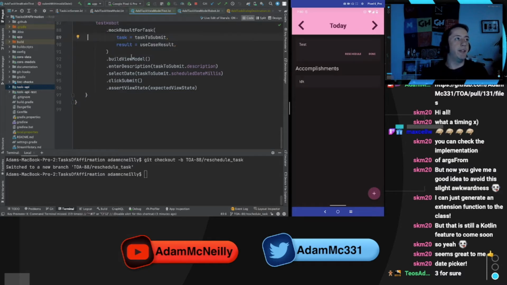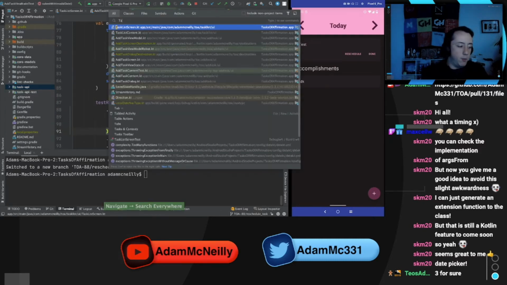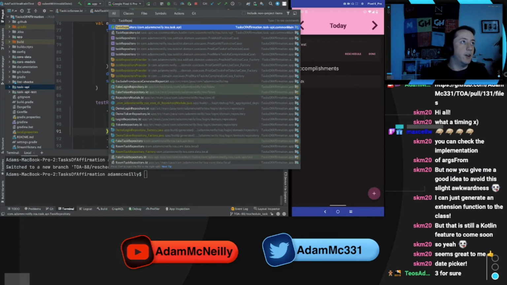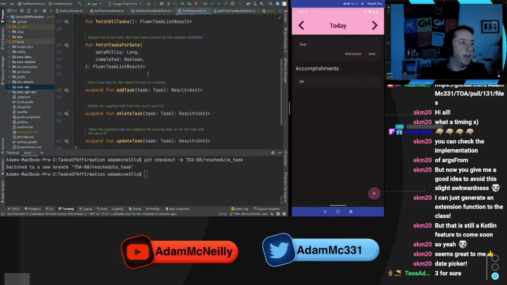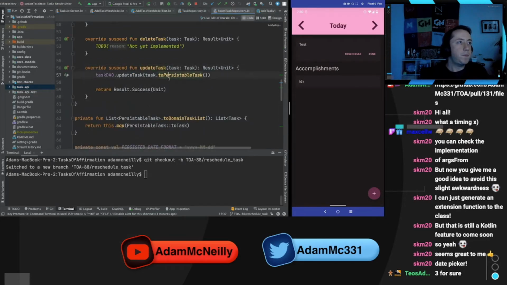make sure we have the data layer work to do this. We have a task repository in our code base, it's an interface, and it does have an update task call already. So the data layer work to update a task inside our Room database is already there. So what we need to do is